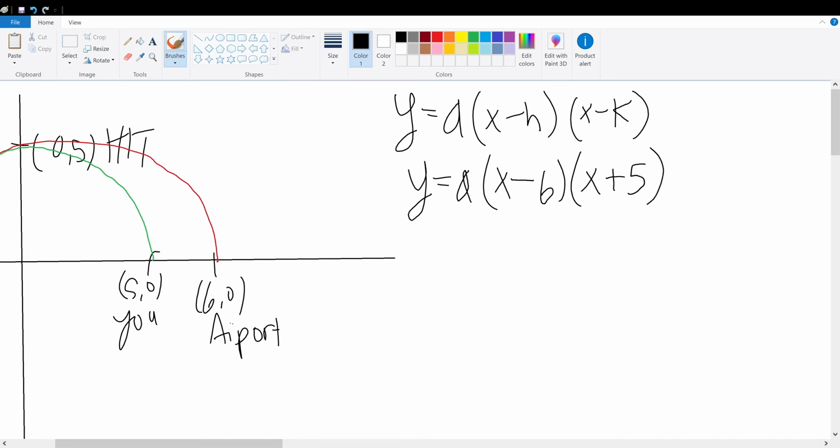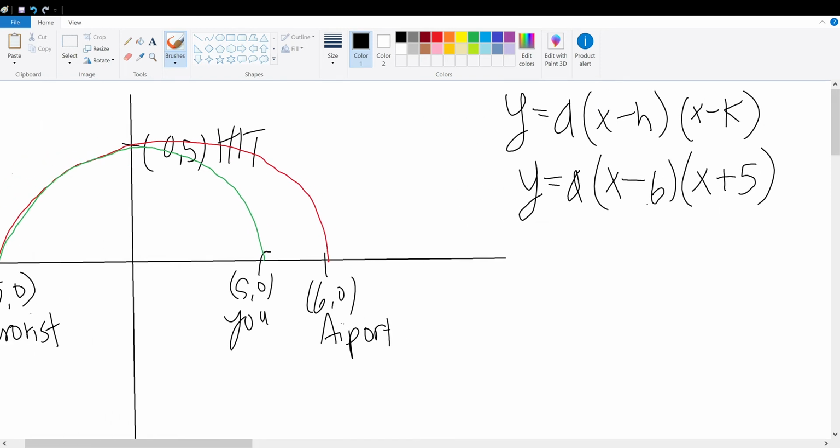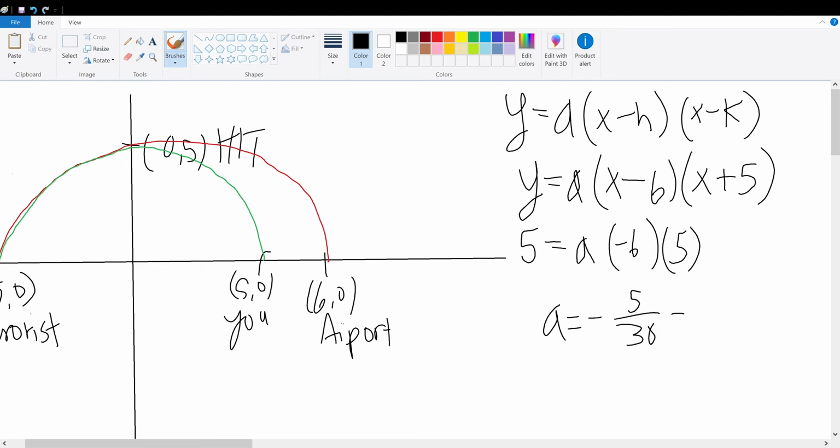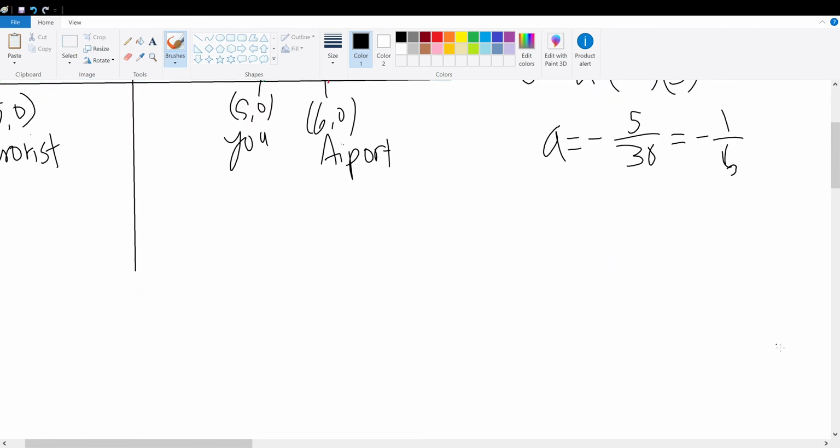Now we must figure out the a variable in order to get our parabola, and we also know its hit point, the point that's also passing, its y-intercept. So when x is equal to 0, y should be 5. Therefore we get 5 is equal to a multiplied by -6 multiplied by 5, which we can rewrite as a is equal to -5/30, which can be simplified into -1/6, which we can then reapply back into our equation to get the terrorist's parabola, which is y is equal to -1/6 multiplied by (x plus 5) multiplied by (x minus 6),